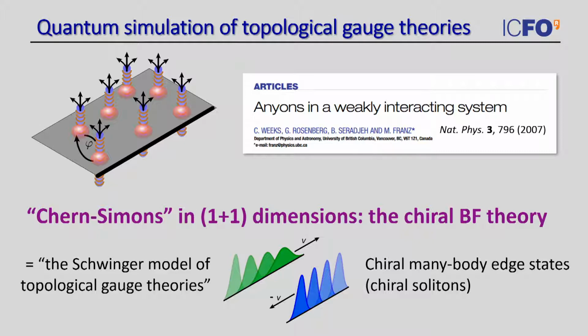And this is actually a very interesting theory on its own, because it's the effective field theory that describes the edge of a fractional quantum Hall system, and it has excitations that are matter wave packets that can propagate without dispersion only when they move in one direction, but that disperse when they move in the opposite one, and which are nothing else than the many-body analog of the chiral edge states that you see in integral quantum Hall systems.